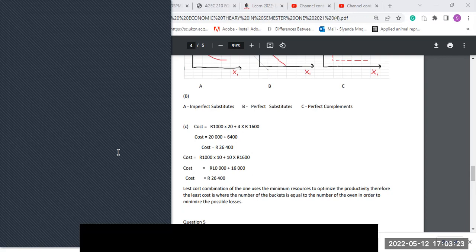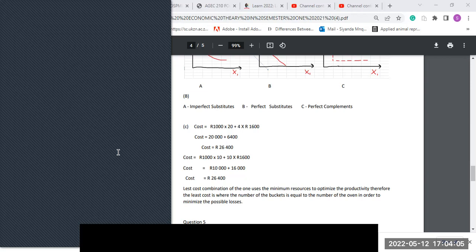It is costing the company 1,000 rand, which means now if we have 20 industrial ovens, we should say 20 industrial ovens multiplied by the cost that we will go through as a company in operating this oven. So that's why we have to say cost is equal to 1,000, which is the amount that we must pay since we are operating this oven for a month, right? So it's 1,000 times 20,